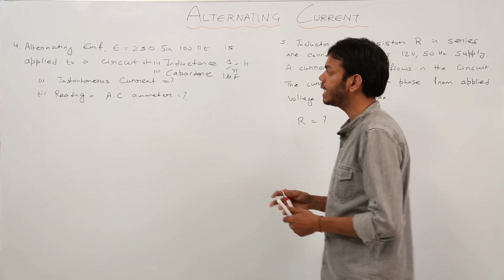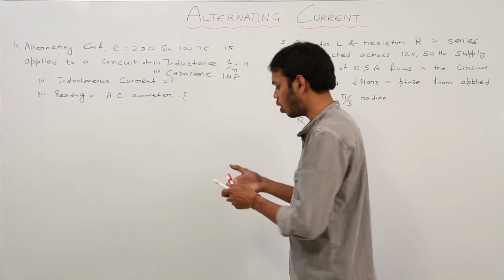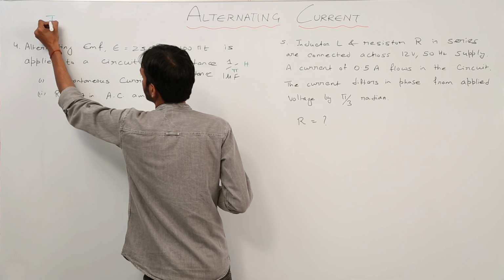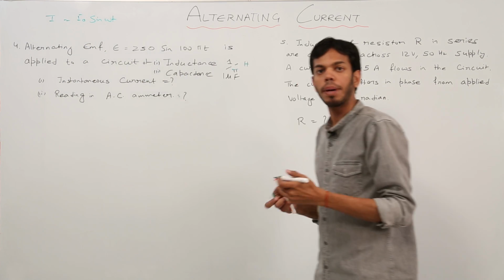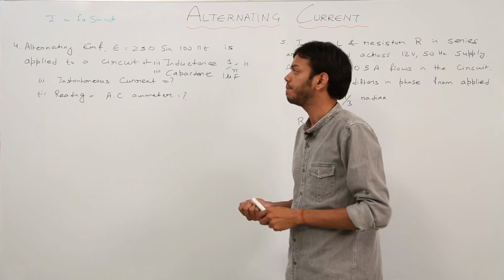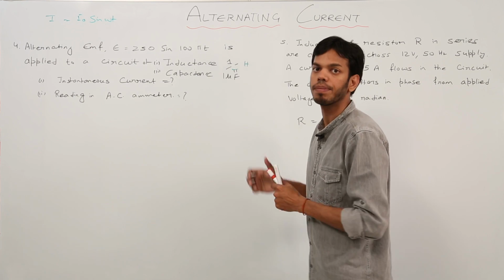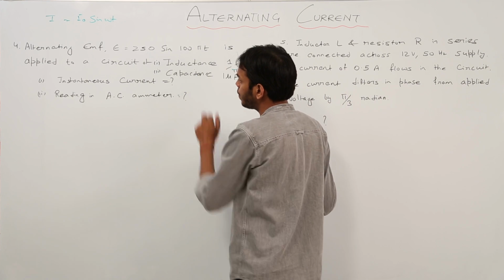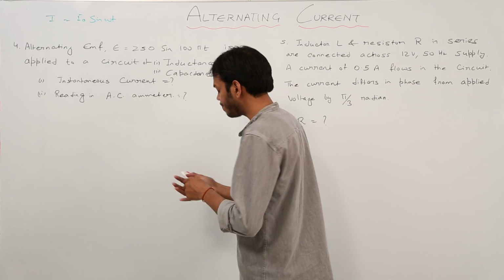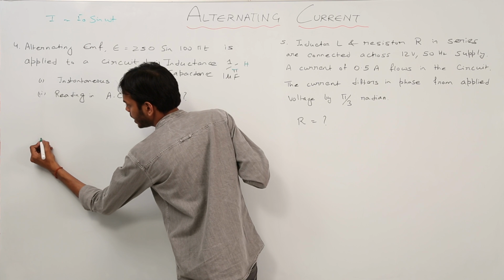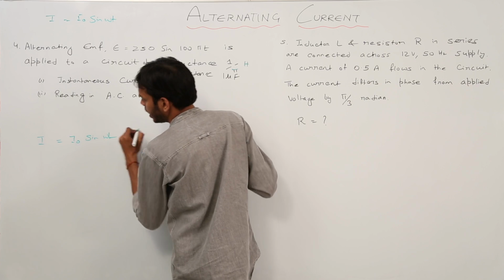As we have already done, the instantaneous current will be given by the expression I equals I naught sin(ωt ± π/2), depending upon which type of circuit this is. There are a few things which are hiddenly inculcated in this topic. First of all, they have asked us the value of instantaneous current, for which we have an equation. If I start writing I equals I naught sin ωt,